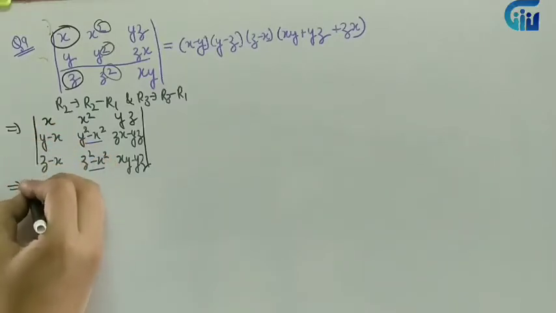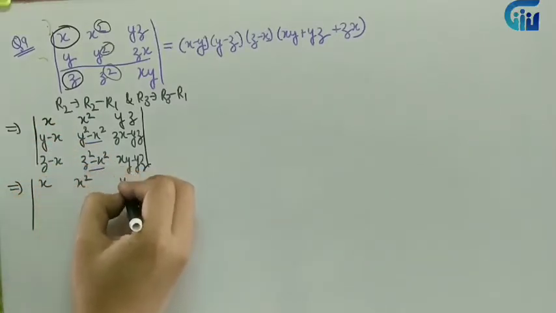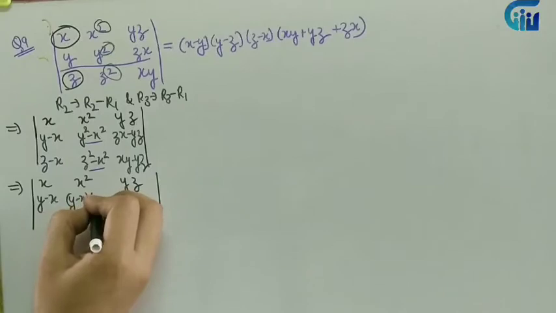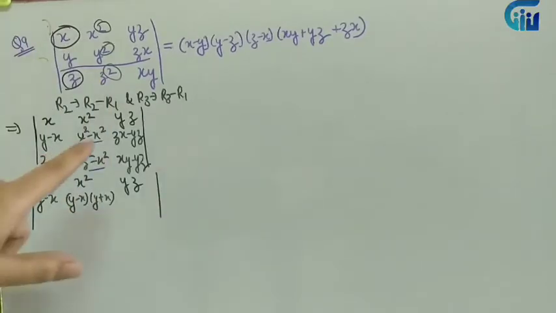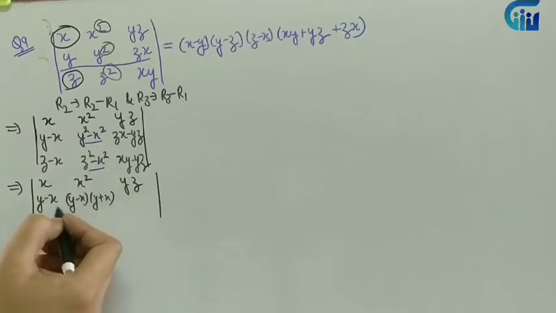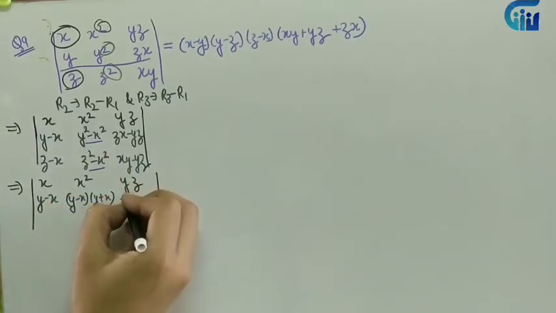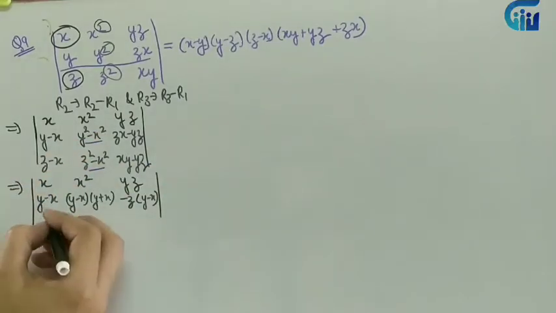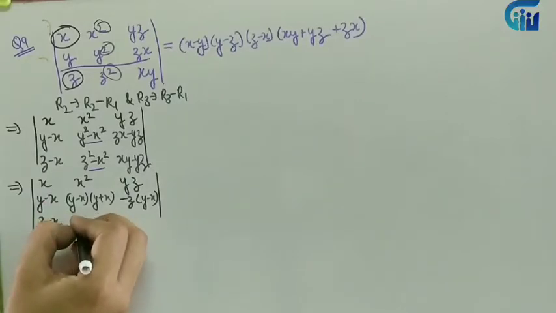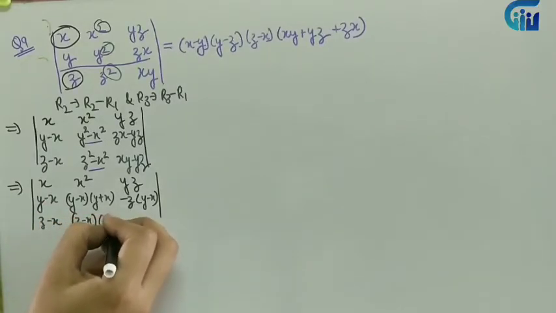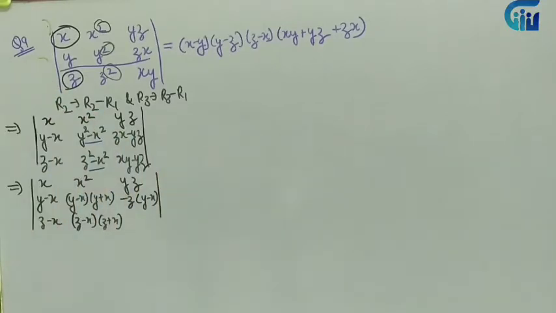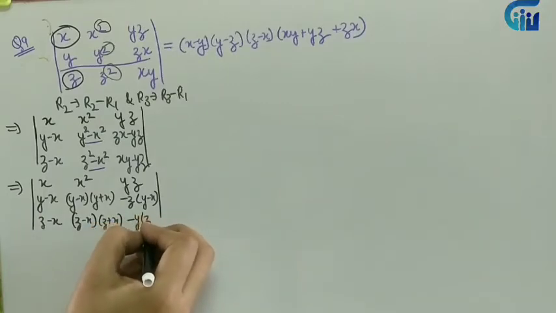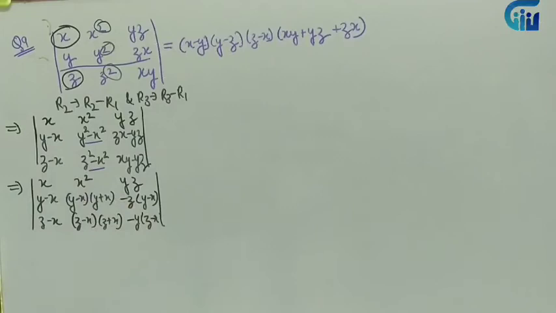So I will apply the formula. R1 as it is. And for R2, what will I write? I will write y minus x, y plus x. Now just observe over here. Can I take z common from both? Since y minus x is present over here, I will take minus z common. So I will get y minus x over here. Similarly, I will write this as z minus x and z plus x. Again, I can take y common, but I will get x minus z, so I will rather take minus y common, so I will get z minus x for the sake of uniformity.